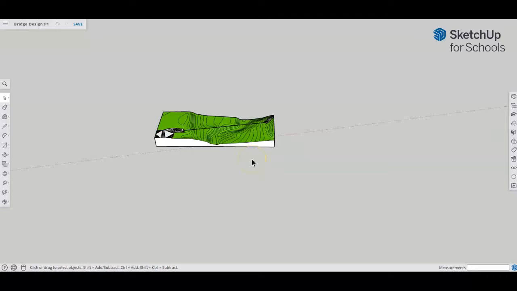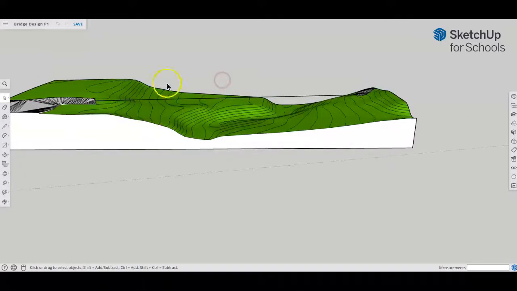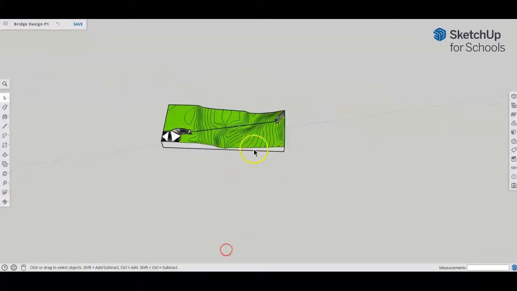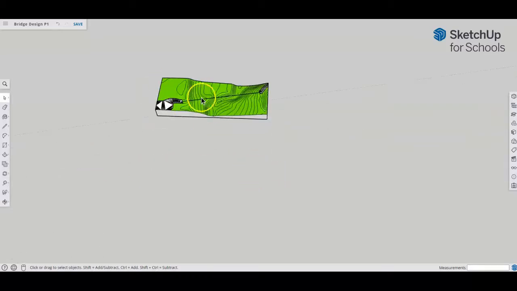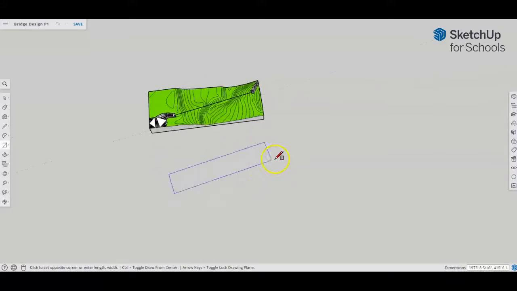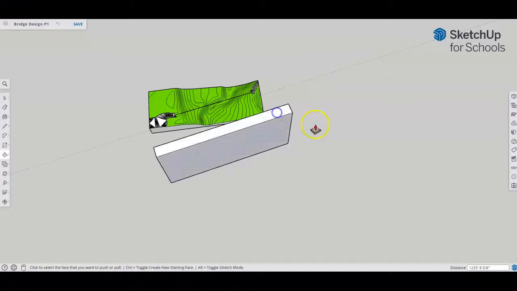Now, one thing I want to do is get a good contour, capture the contour of this valley. And a quick and easy way to do that in SketchUp is to throw a block like this in the middle of the valley. And you can just use the rectangle tool. So just draw a rectangle, like so, and then use the push-pull, pull it up,